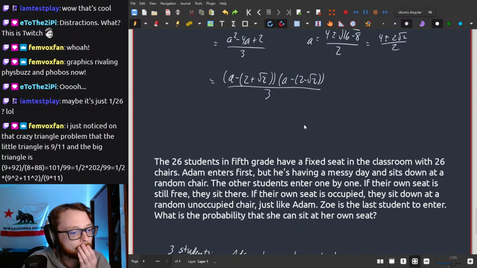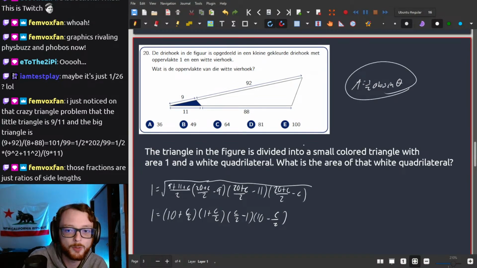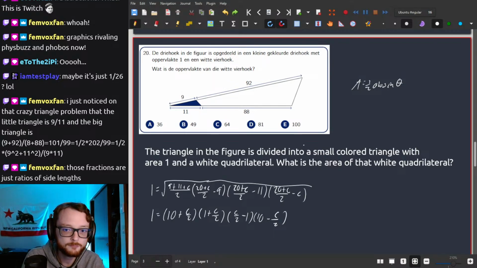Triangle problem. They put the formula in chat. That's the good one to use, which is area equals 1/2 AB sine theta. I believe that you could use that to solve the problem. But